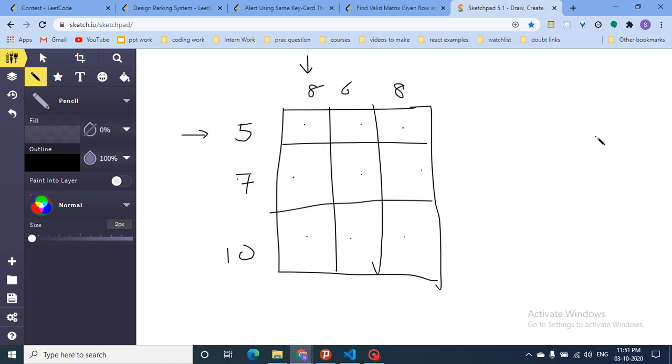The simplest approach which comes to my mind is to first try storing values in these points, the maximum possible. I can fill 1 in this matrix, because 1 is smaller than both of them. I can fill 1, 2 and 2 and 2. This is valid for this row, because the sum of this is 5. But I have to fill these also.